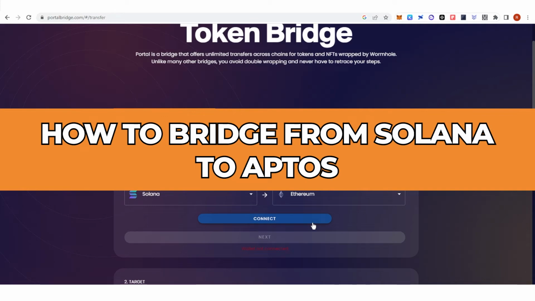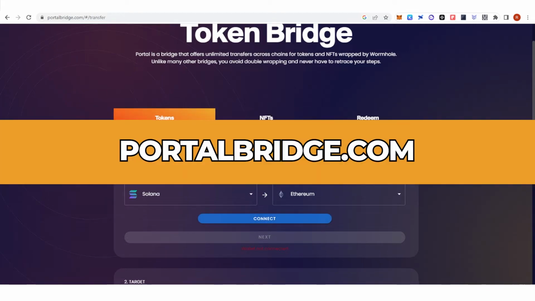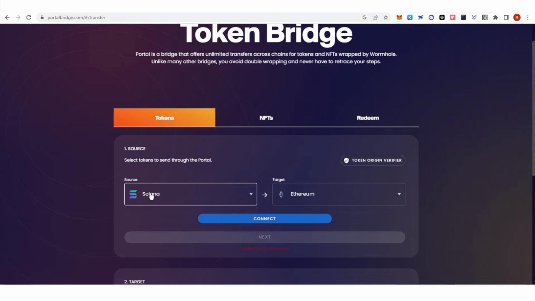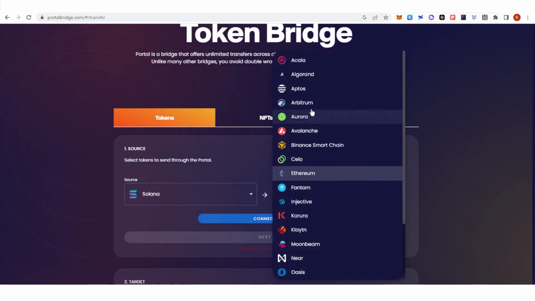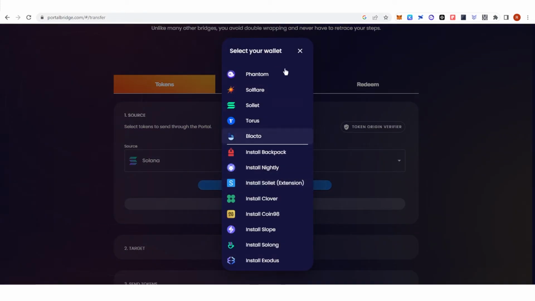In this quick video, I will show you how to bridge from Solana to Aptos step by step. So the first step is to go to portalbridge.com and choose Solana as your source. And as for the target, choose Aptos, click here, and then click connect and choose what Solana wallet you're going to use. So I'm going to use Phantom wallet